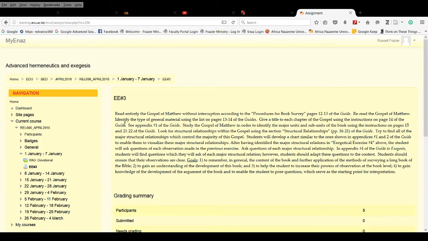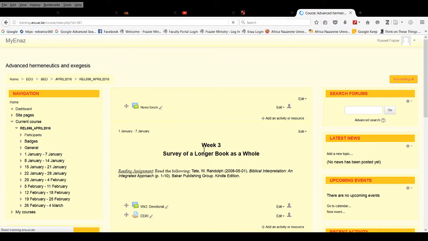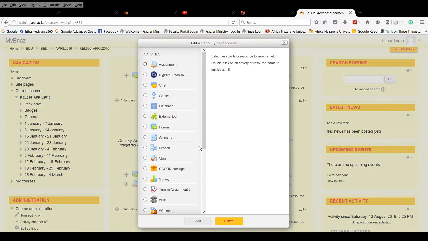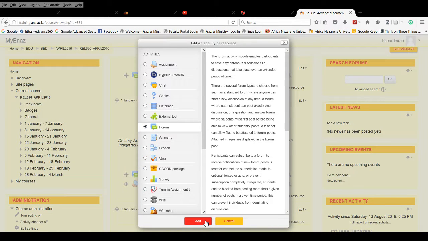Now, what I'm going to do at this particular point is I'm going to go back to the course page, and you can see that I have week 3 devotional and week 3 assignment. I'm going to add another activity or resource, and this time it's going to be a forum. So I click on forum,